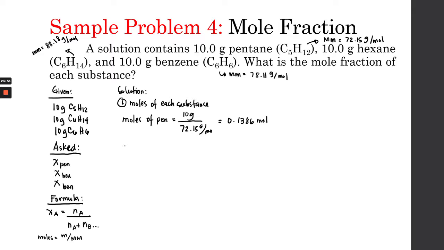Then the moles of hexane is equal to 10 grams divided by the molecular mass, which is 88.18 grams per mole, and that is equal to